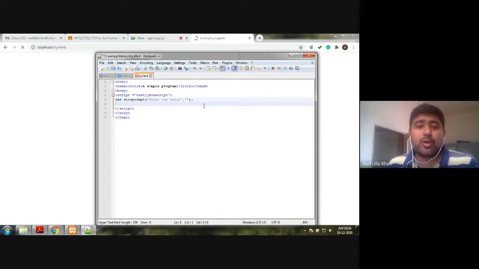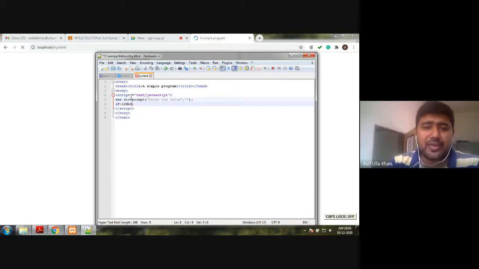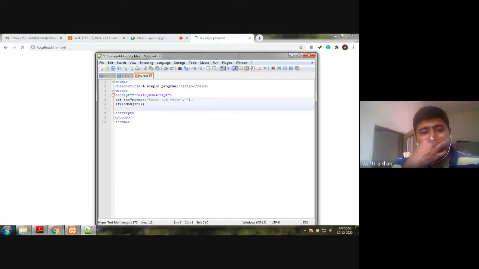So I'm going to start to write the condition. If isNaN of string. You know what isNaN means? Which string? The string I'm taking as input. isNaN is a function, and NaN's full form is not a number.